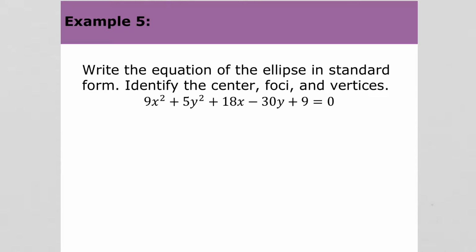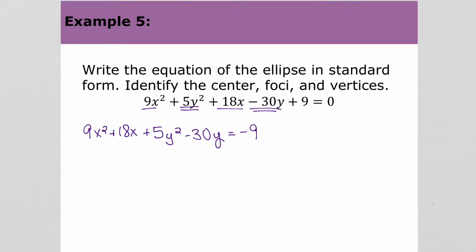So what we have to do is group our x's. 9x squared plus 18x. And then group our y's. Plus 5y squared minus 30y. And I'm going to go ahead and get the 9 over to the other side just by subtracting it from both sides, -9. Next step